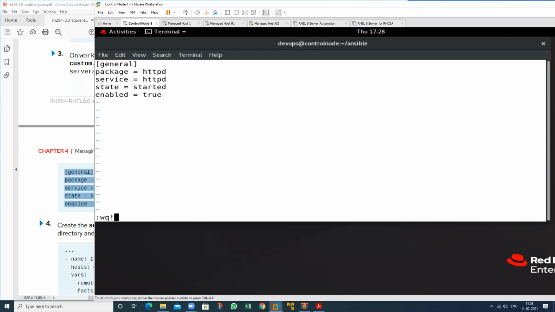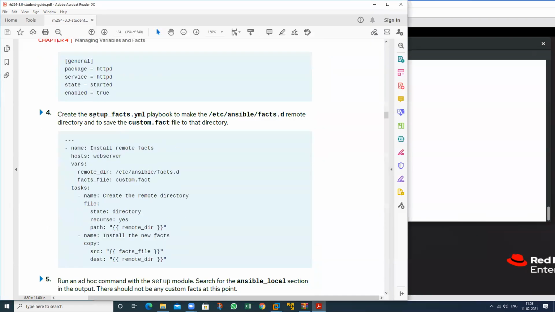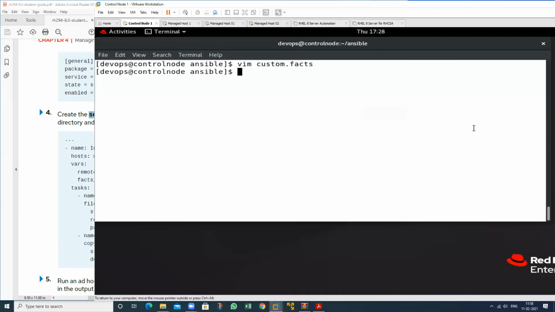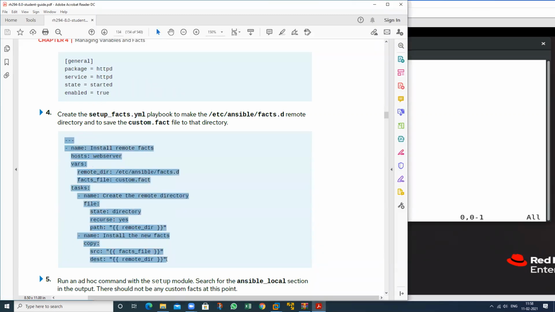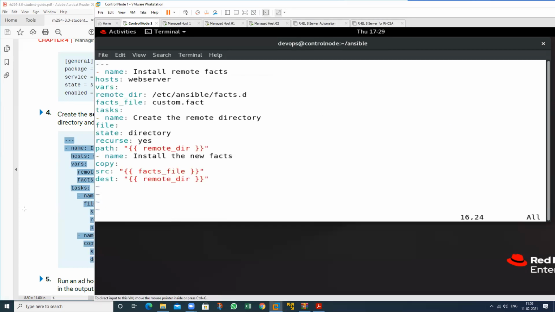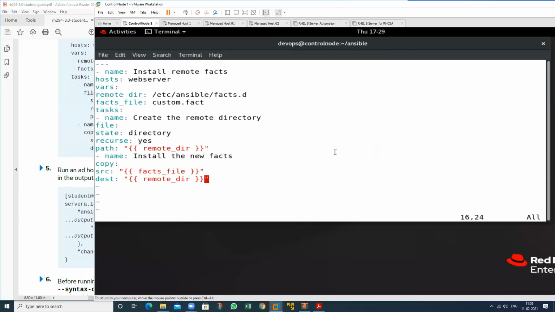These are all my variables, but these are custom variables. So just create a file. File name is setup underscore fact. So vim setup underscore facts dot yml. So this is my playbook, and I want to place a value here. Just copy this one and just run this one.